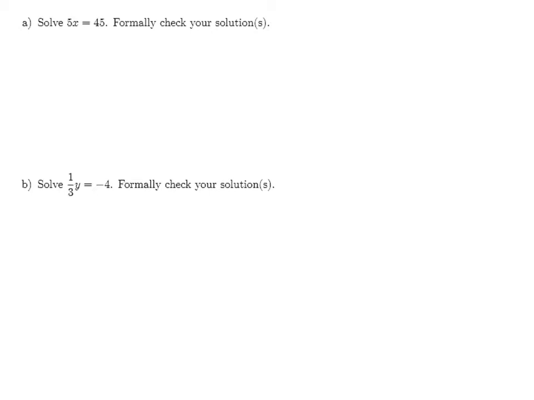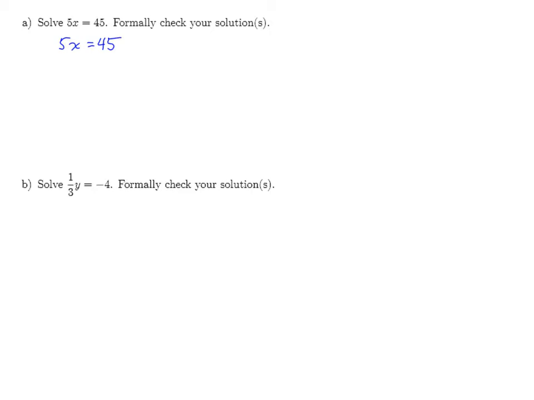In this first equation, we're told to solve 5x equals 45, and then to formally check our solution. To start, I'm going to write 5x equals 45, and then as our next step, we want to get x all on its own. So in order to eliminate that coefficient of 5, we will divide each side